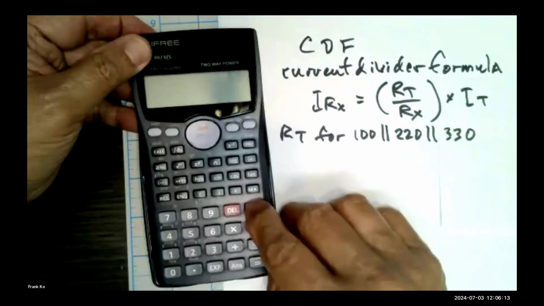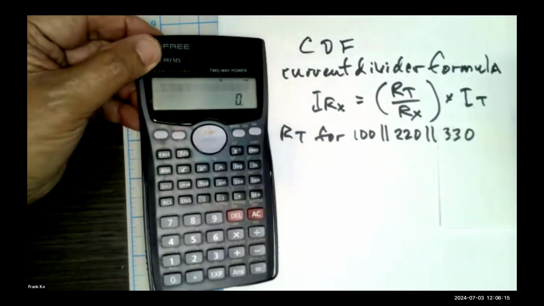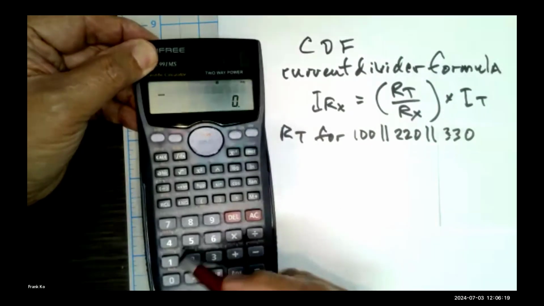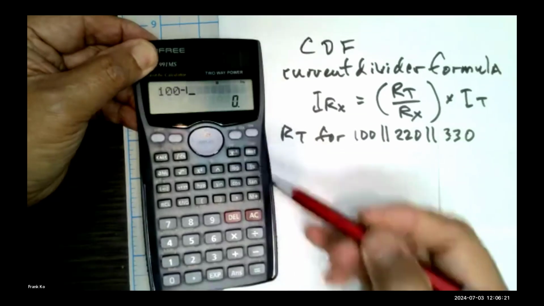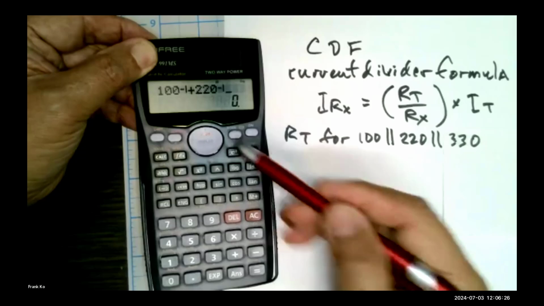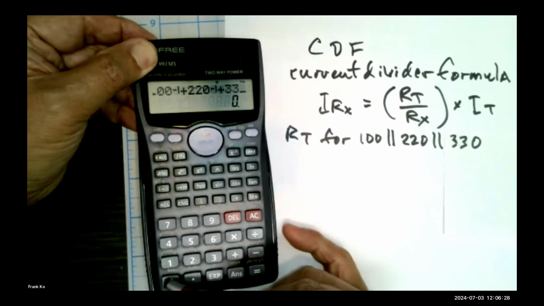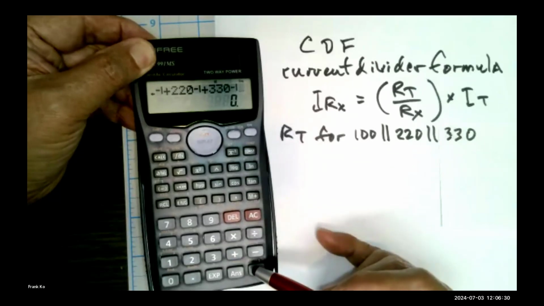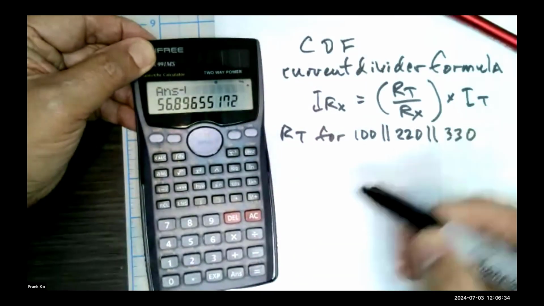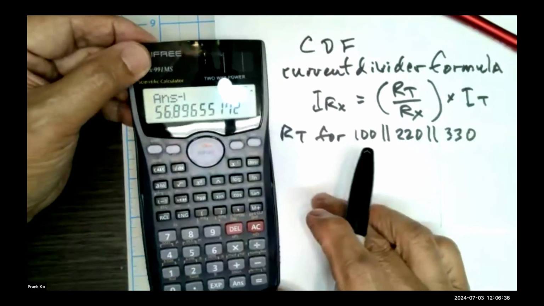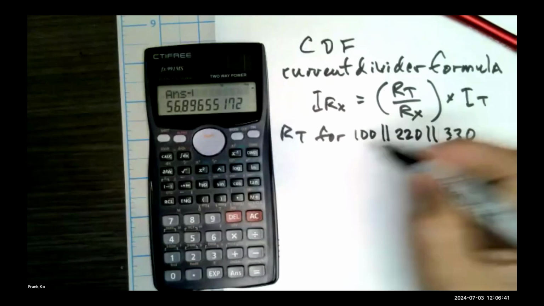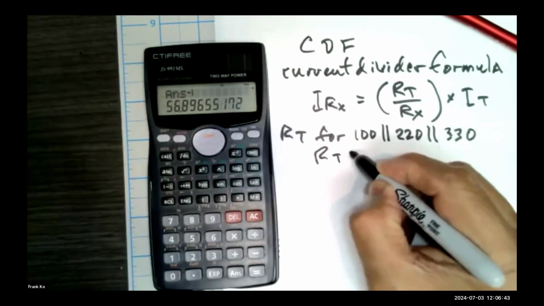Remember, we will clear, and we will do 100 reciprocal plus 220 reciprocal plus 330 reciprocal equals, reciprocal one more time, equals, and we get 56.90 ohms. We round that to 56.90 ohms. So RT equals